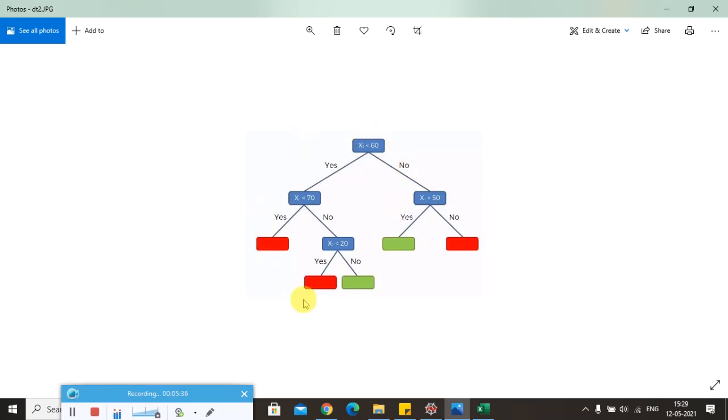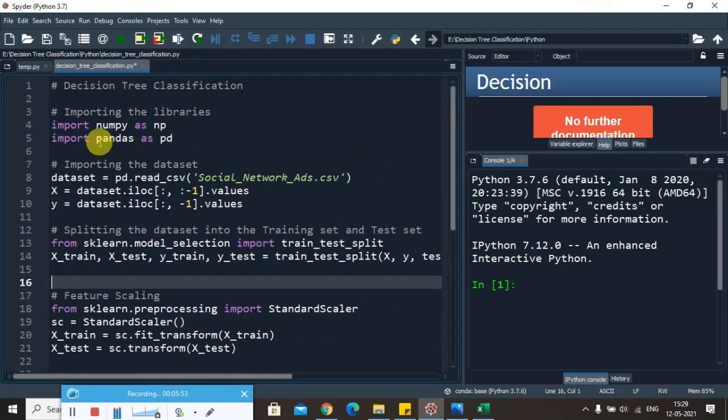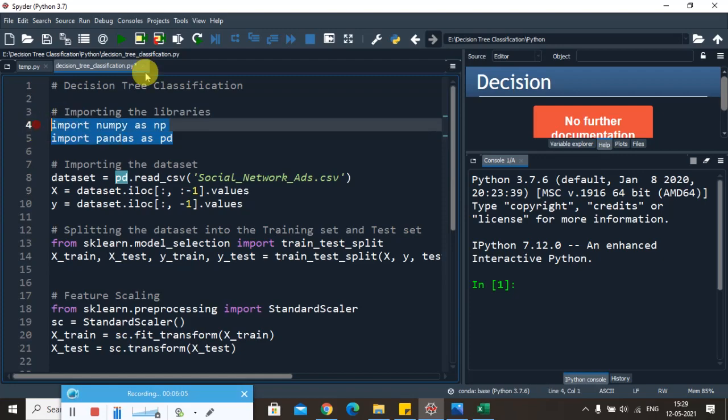So based on this flow chart, we are going to write a program, and we'll ensure that most of our observations belong to the right class. Right, with this note we'll start explaining the program which is written in Python. So first of all, we have to import all the libraries here. The libraries which are required for the study are NumPy and Pandas. We'll import them and we'll execute it.